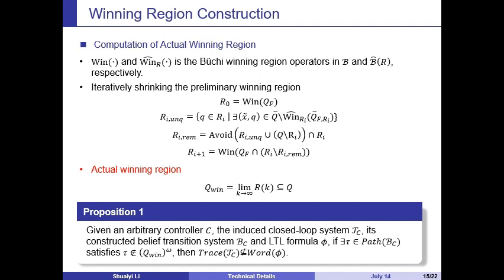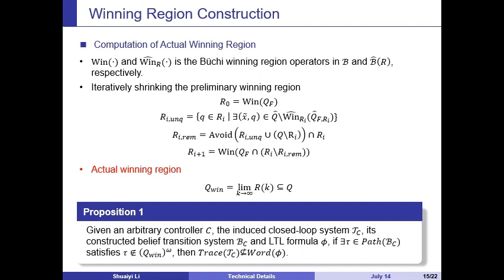We first define the Boole winning region operators that compute the region of states that can infinitely visit a given set of states. Then we iteratively shrink the preliminary winning region. In step i, we compute the states in the interconnected transition system that cannot infinitely visit accepting states inside, and we delete the corresponding belief states, denoted by R_i unqualified. We also delete belief states from which the controller cannot avoid reaching R_i unqualified, denoted by R_i remove. When this process reaches convergence, we get the final winning region of belief states. And we can prove in Proposition 1 that if a controller visits states outside this region, then it cannot guarantee